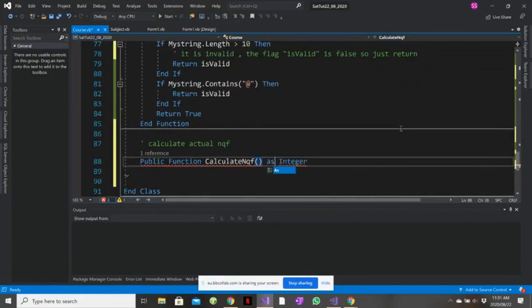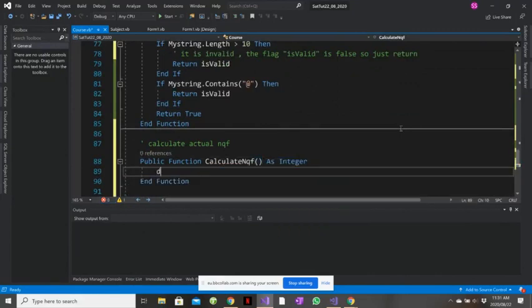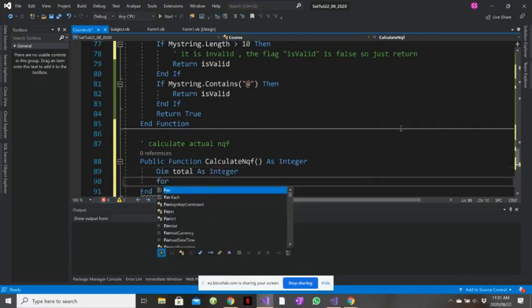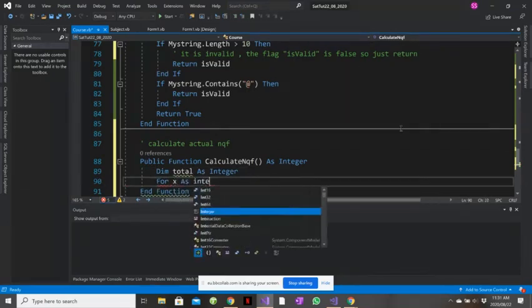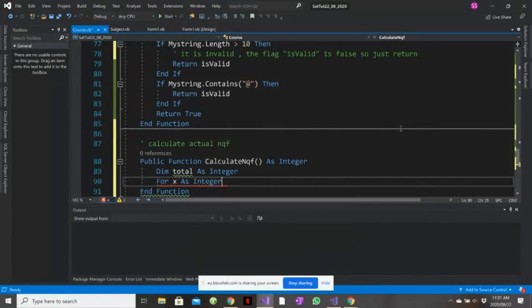Oh yeah, that's what's missing there. So we're just going to dim a total as integer. We're going to go for x as integer equals 1 to